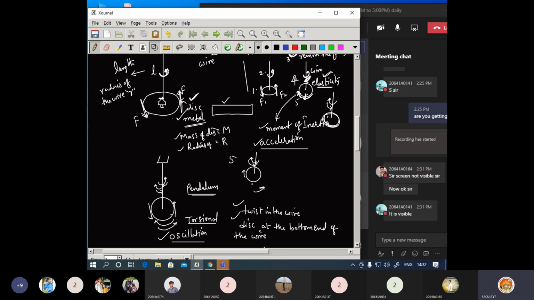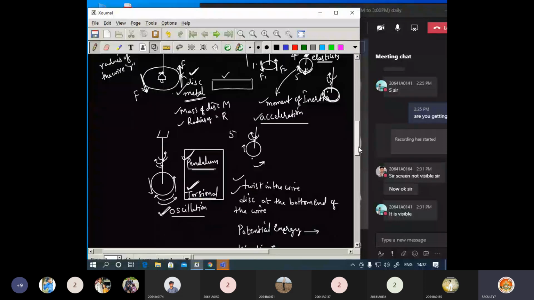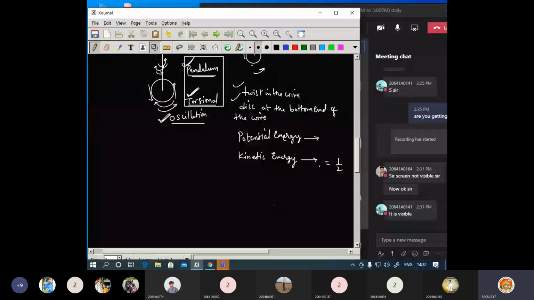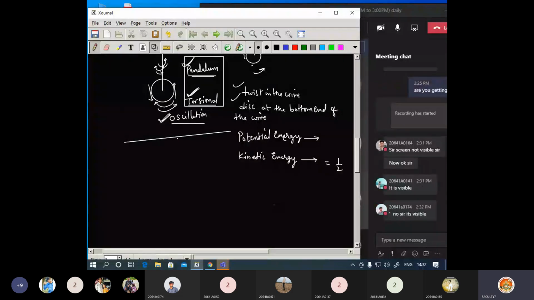As a result, we are going to expect oscillations. The continuous process is going on, and these are known as oscillations. We are considering them as torsional oscillations, and this pendulum is known as the torsional pendulum. Due to these oscillations, we consider it a torsional pendulum. Now we are going to expect the second important point. This was only about the oscillations up to this part. Now we are going to get the expressions.